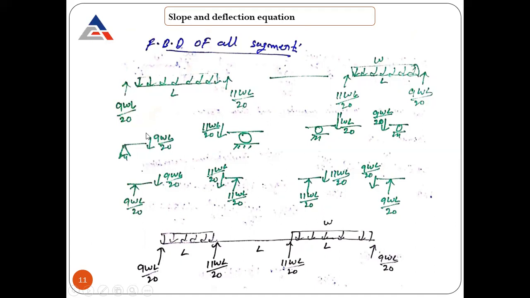This is the upward. On the section joint, it will be downward. It is downward, so this will automatically be upward. Similarly for this case, here 11 WL on the downward side, here WL on the upward side. For this case also, and similarly this case also. So that's how you have to proceed and solve the problem by using the slope deflection equation. Don't worry about where these equations are coming from. Each and every aspect we will see in further lectures.